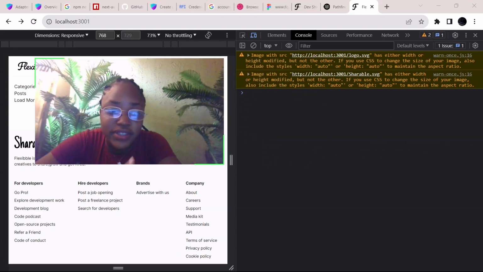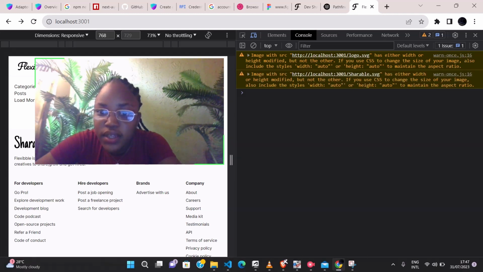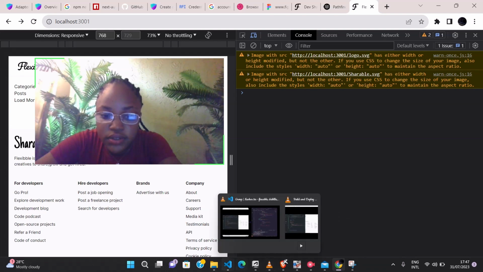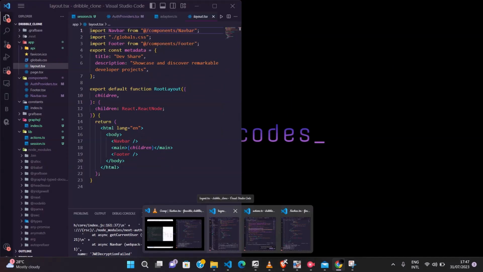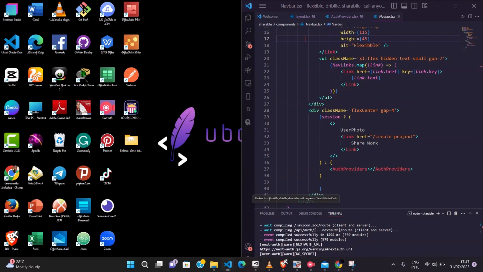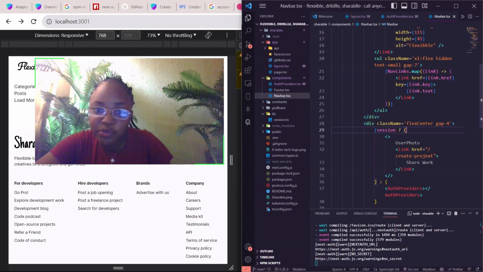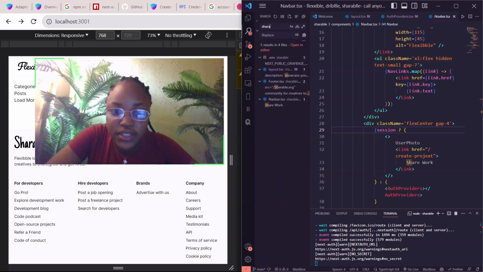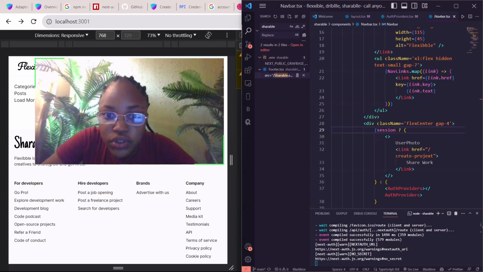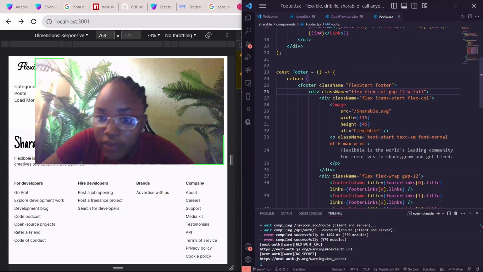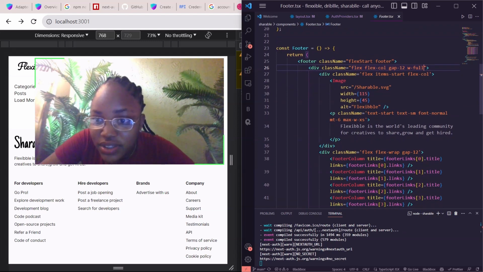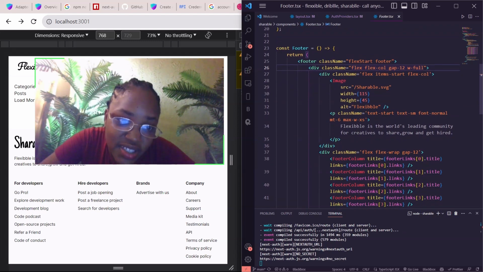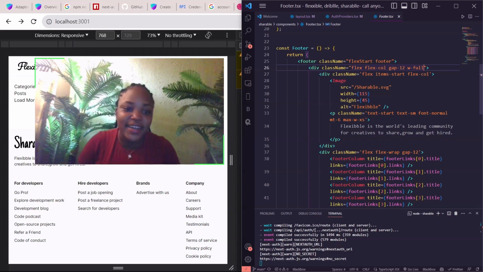Sorting the rest out. Okay, so it's looking better. Let's try and solve this. I don't know if I said it right. Let's see if we can solve this. Imagine this either with or shareable SVG. Let's check for that. It's not my business, but I have work to do. I'm trying to solve another person's problem. I do have projects I want to finish. So, shareable. Let's see where that is. Okay, I don't know. Bye. I feel like